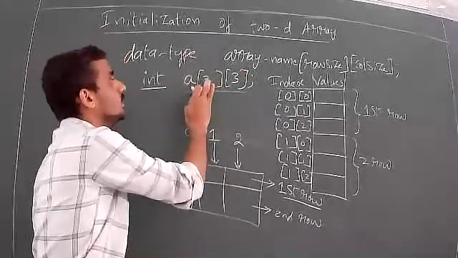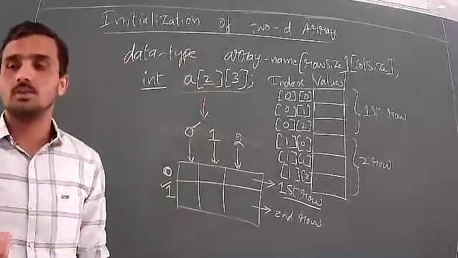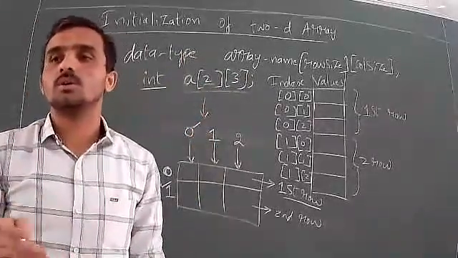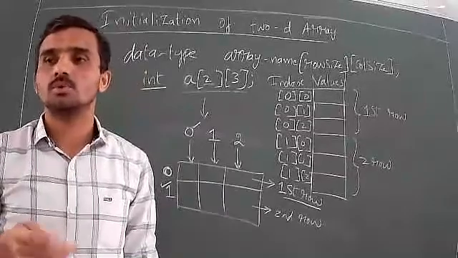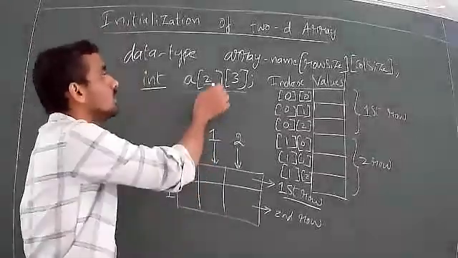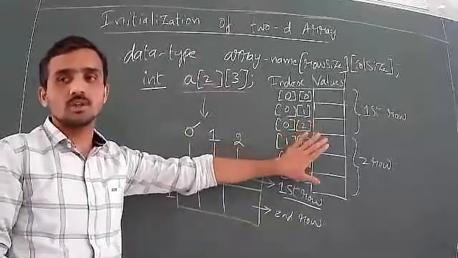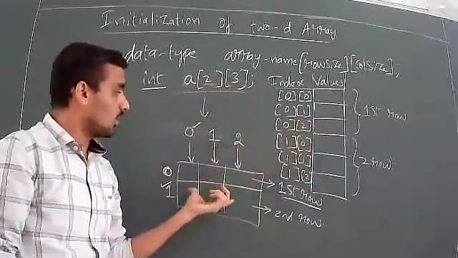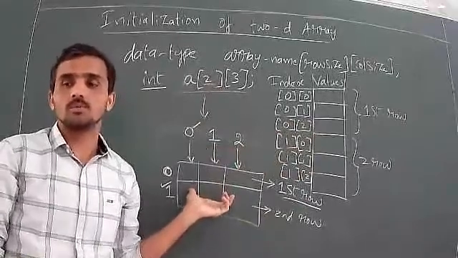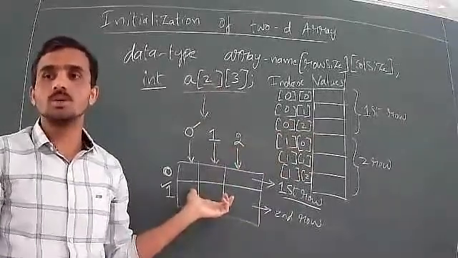You can take any number. You can take 3 rows and 4 columns, or 3 rows and 3 columns; the same number of rows and columns is also possible. Here I have taken 2 rows and 3 columns. Once you write this, before you go to the memory representation, you write it in normal format, that is table format, the real world example, the user view.